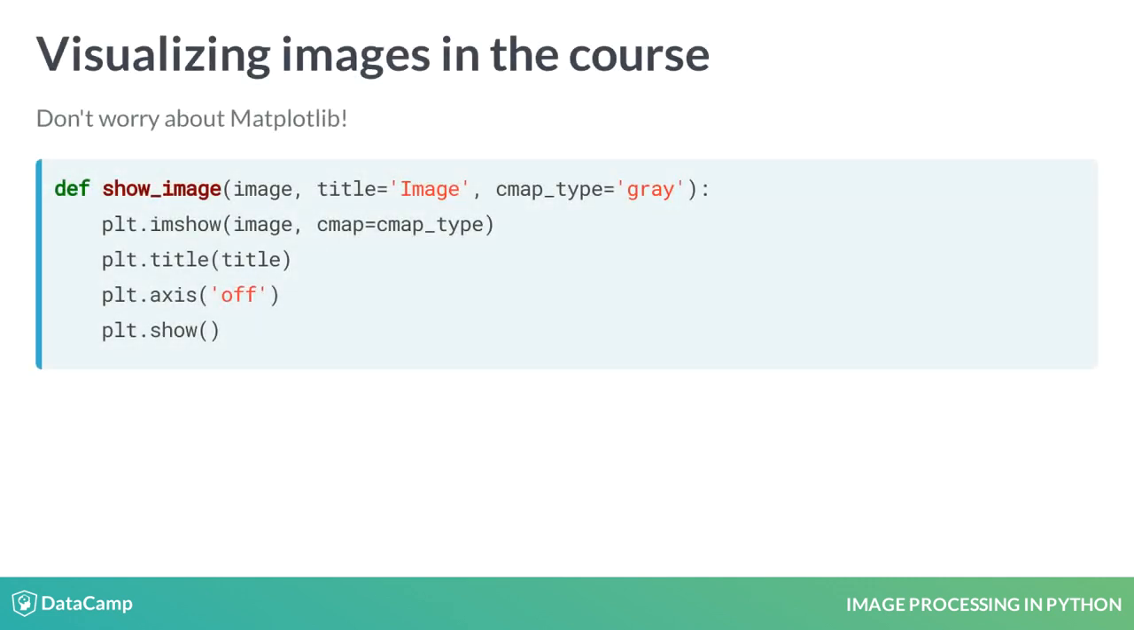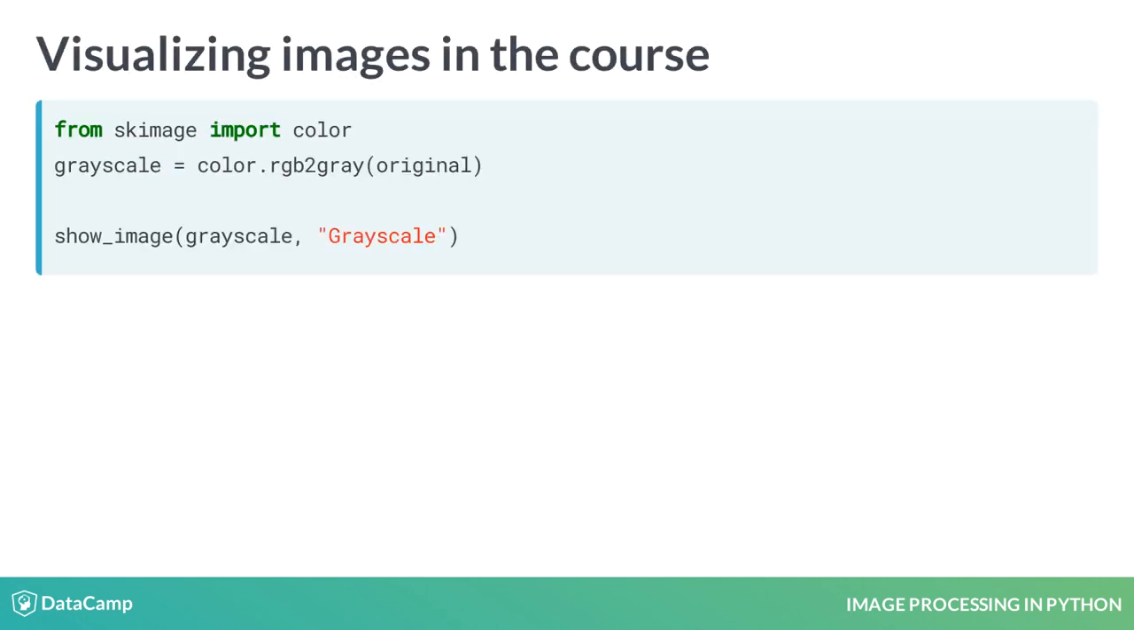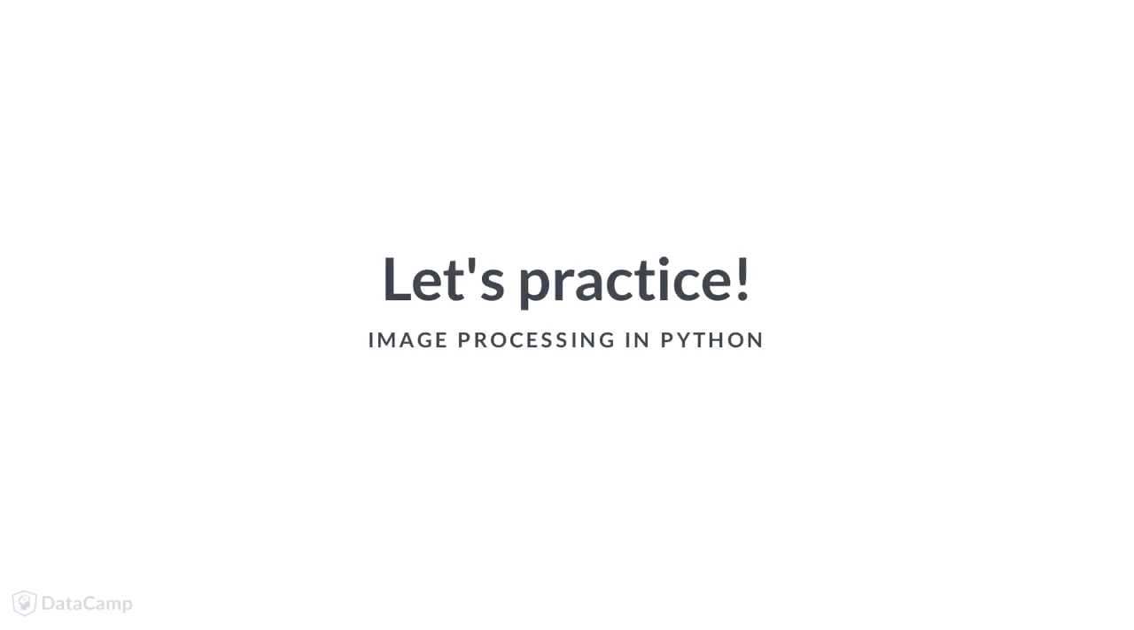During the course, we will usually use a preloaded function called show_image to display the images using matplotlib. This way, we can focus on image processing code. This is what the show_image function looks like. So if we want to show an image that we have converted to grayscale, we just need to pass the image as the first parameter of the show_image function and the title 'Grayscale' as the second parameter. We will then see the image displayed in the console output. Now, let's practice and make